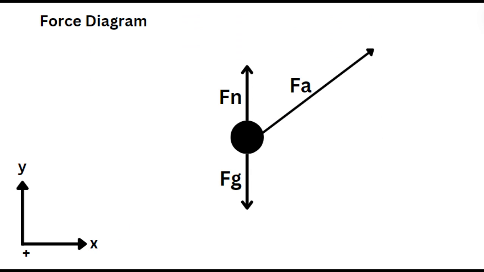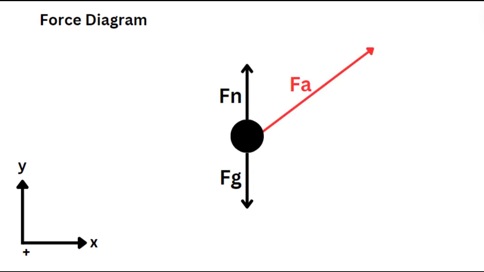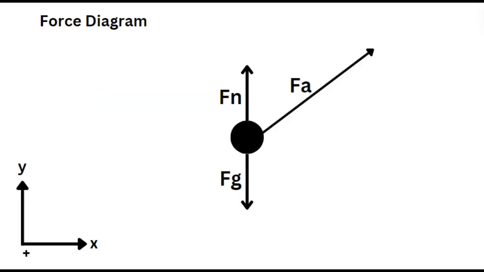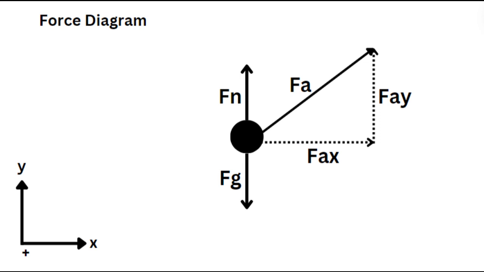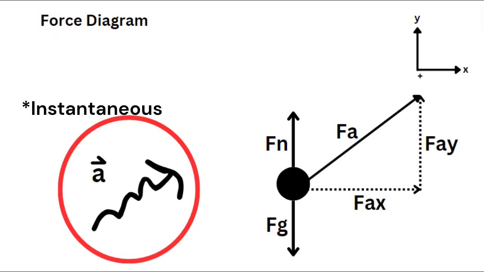Next, the ground pushes me with normal and applied force. The normal force pushes me up because my weight is pushing down, and the applied force is on an angle pushing up, as that is the opposite direction of my leg pushing down on the ground. To make things easier for ourselves, we can split this force into its components in the x and y dimension. Since I end up traveling up and to the right, my acceleration is also up and to the right, shown